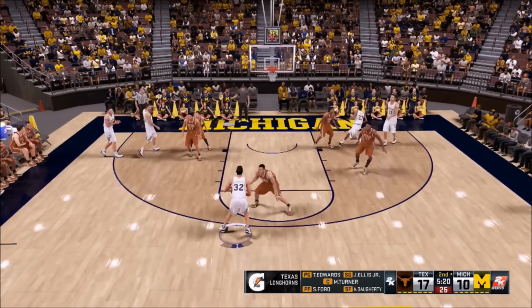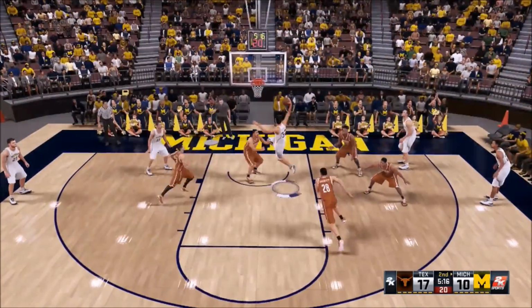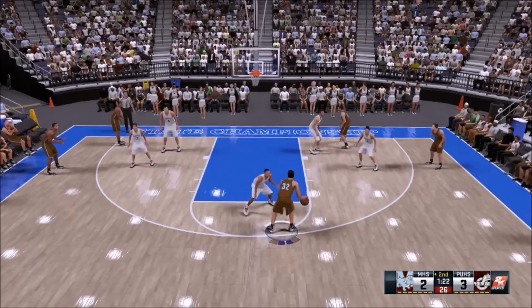In at the 4 spot. They are really getting the work done inside with their rebound. The defensive backboard has been controlled. They have not allowed a lot of...